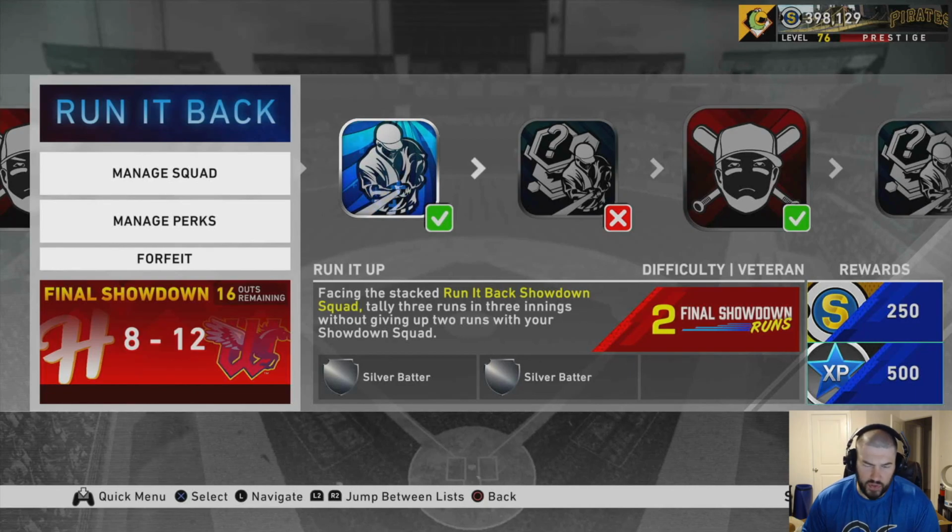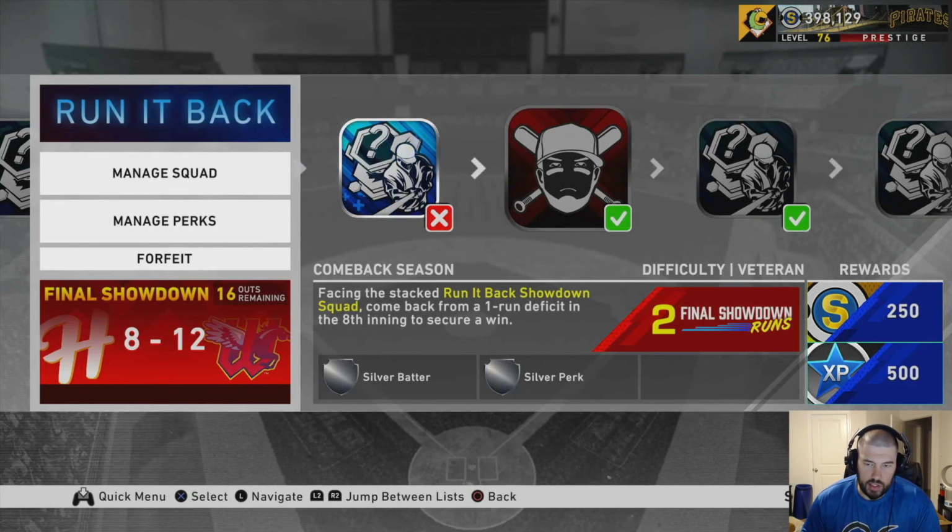Not too bad. Cliff Lee's very easy to hit. He seems to hang his off-speed pitches, his cutter, pretty frequently. I thought he was the easiest out of all the pitchers I had to face to hit besides Clippard on rookie. The next one is Comeback Season, which is come back from a 1-run deficit in the 8th inning to